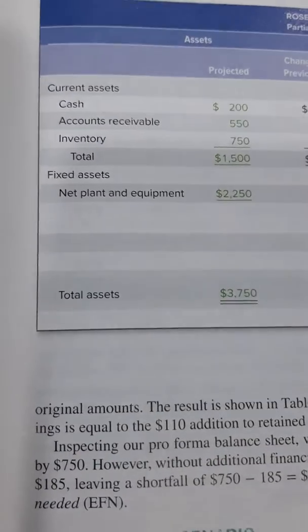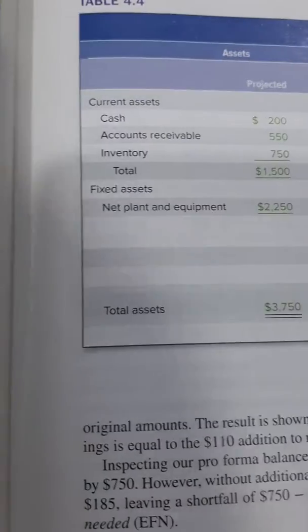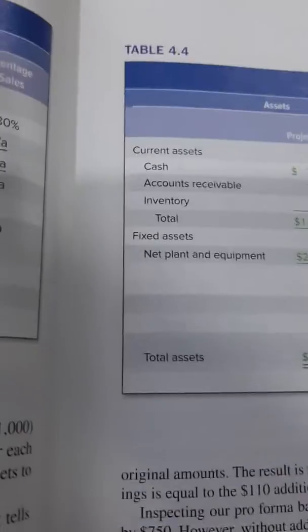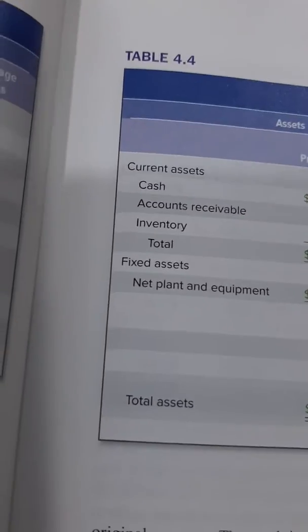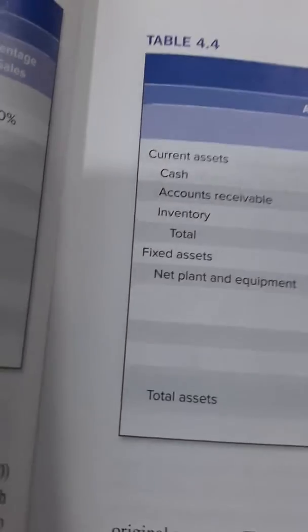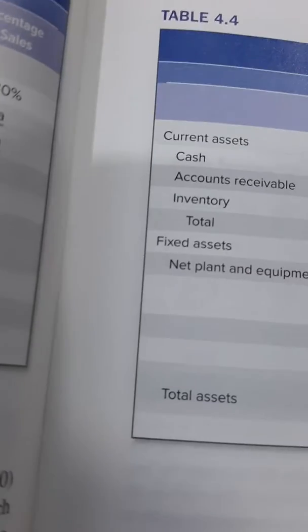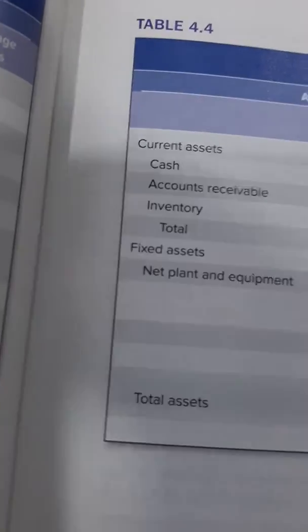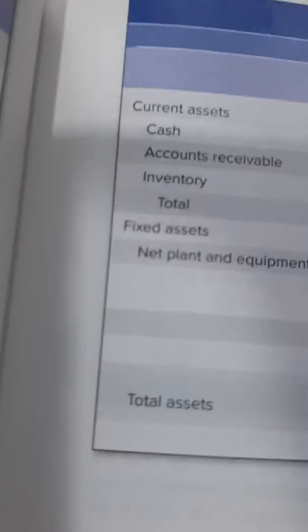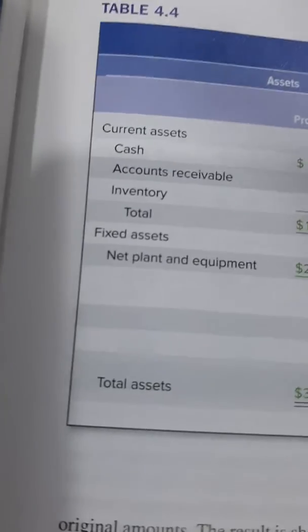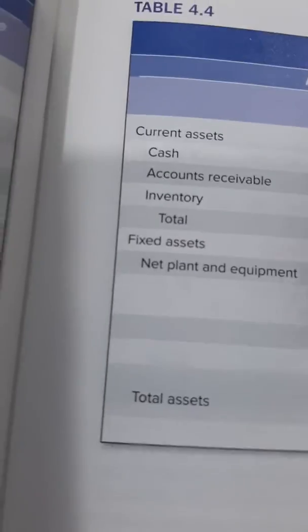2,250 under the assumption that currently the plant and equipment, currently the firm is operating at full capacity. Okay, why is it so? Let's say, let me give you an example. Let me give an example. Let's say, for example,